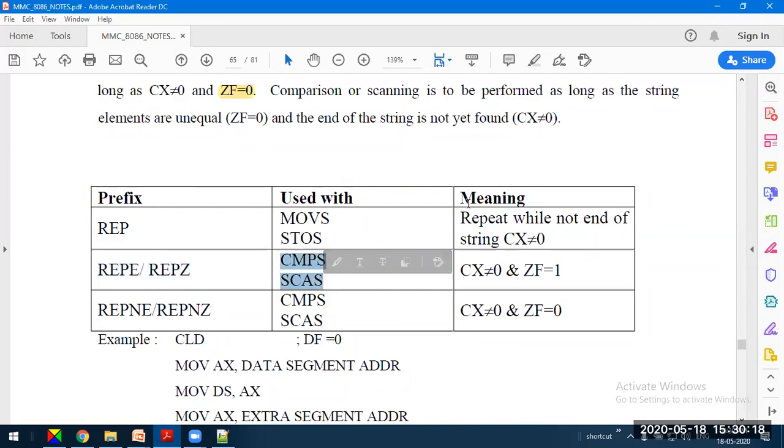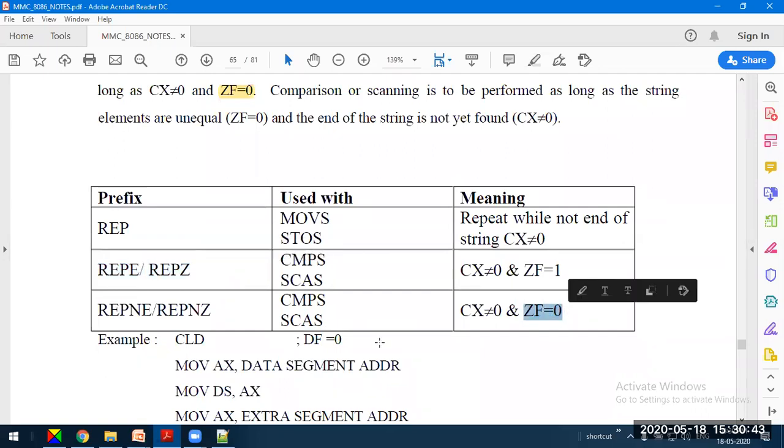So this is repeated till CX is not equal to 0 and zero flag is set to 1. Whereas for these two instructions, REP NE and REP NZ, which are used for compare operation and scan operation, the only difference is that this will be similar to these two instructions, but the zero flag should be equal to 0.